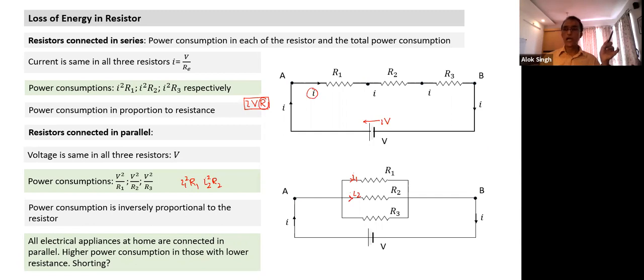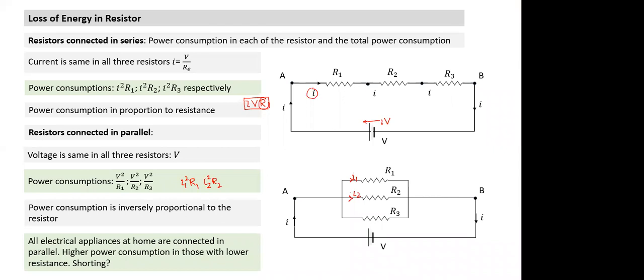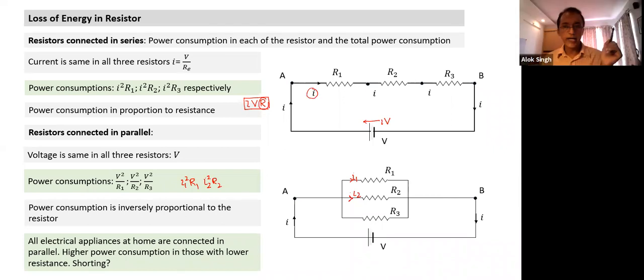Every appliance you have at home will have some rating written on it. Some amperes will be written, and power will also be written. A bulb is, say, a 60 watt bulb. An LED bulb is a 6 watt bulb. What does 6 watt indicate? It means that if I connect that bulb across a home supply, which is in the range of 220 volts to 240 volts and can keep changing, it will consume a power of 6 watts.